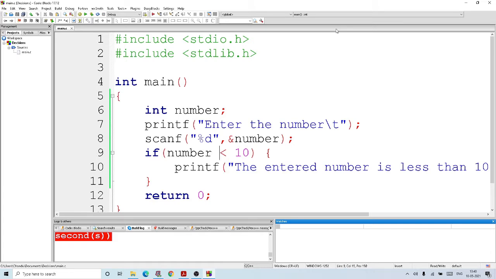So what is happening? There is a condition or an expression, and if that is true, the statements are going to be executed. We can also check greater than, less than, greater than or equal to, or less than or equal to. And if you want to check if the number is not equal to 10, we have to use this symbol, exclamation and equal to. This symbol stands for not and this symbol is equal to, so not equal to. Now if we want to check if the number is equal to 10, what do we have to do, we'll see.